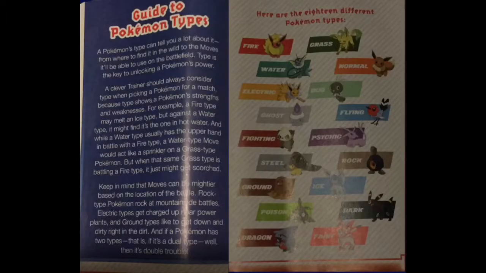Seriously? Come on. If you're going to call yourself a guide to Pokemon types, at least you should go over how each type is weak to this other type. I mean, literally, if you're going to call yourself that, that would make sense. Like, it should say, fire beats steel, or fairy beats dark. I mean, if you're going to call yourself a guide to Pokemon types, you should do that. And